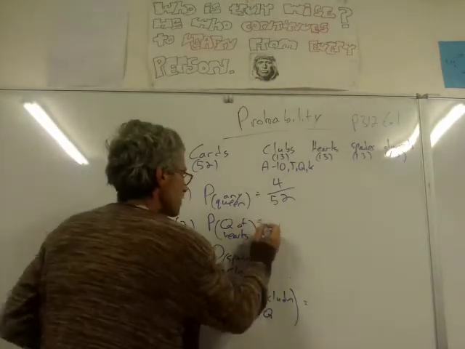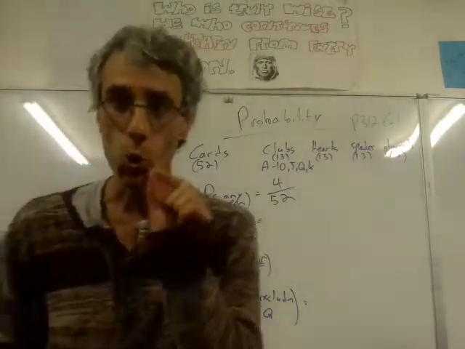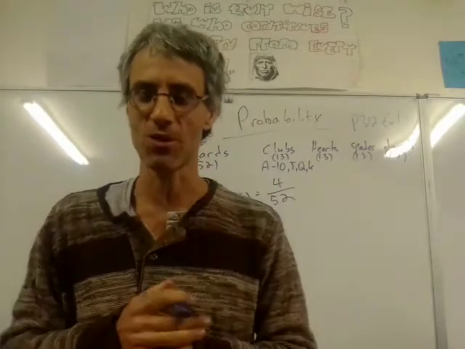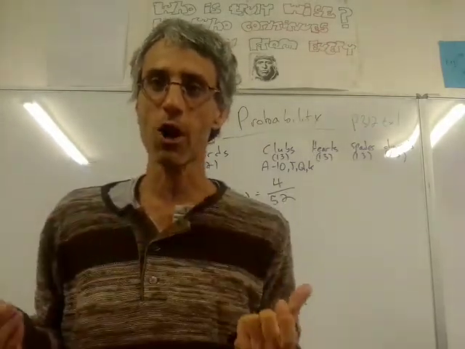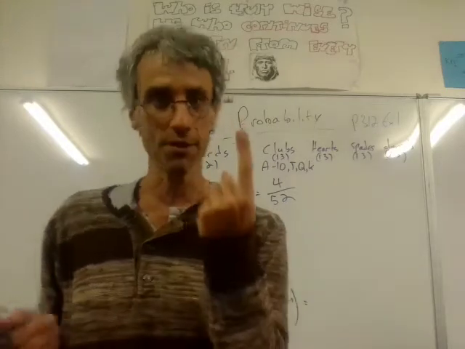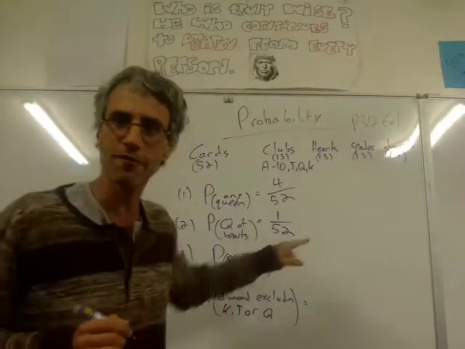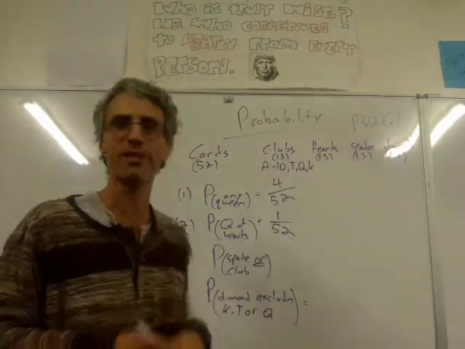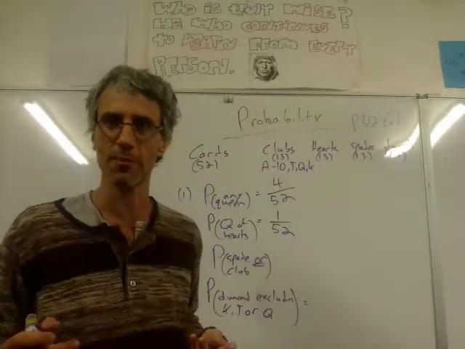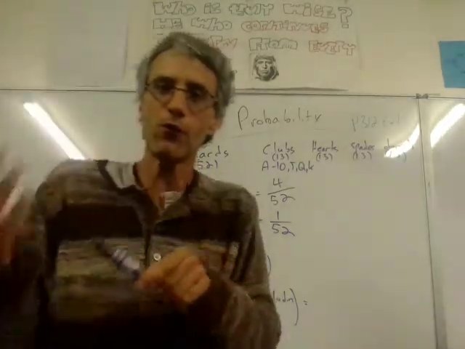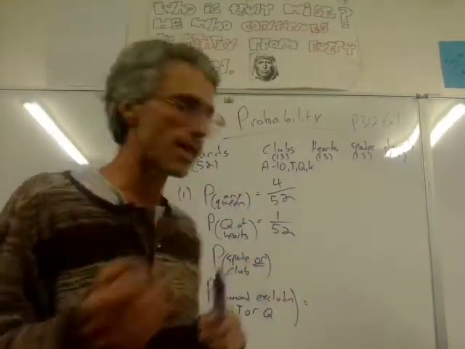Then they ask me, what's the probability of getting the queen of hearts? So just the queen of hearts, not the queen of diamonds and all that. So how many queens of hearts do I have in a pack of cards? Just 1. So the probability will be 1 out of 52. If you didn't know where the 52 comes from, that's the total number of cards we've got in the pack.